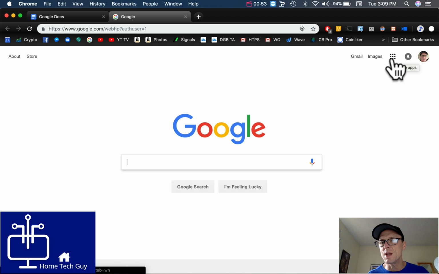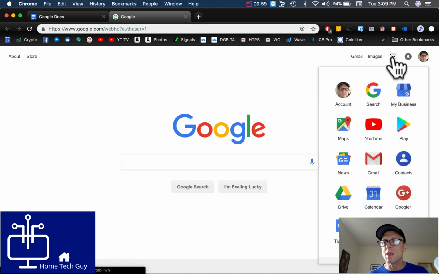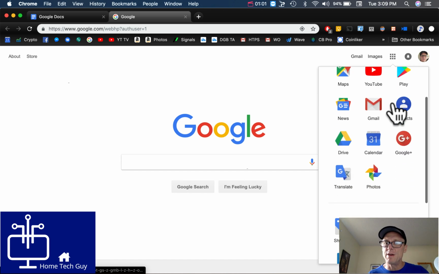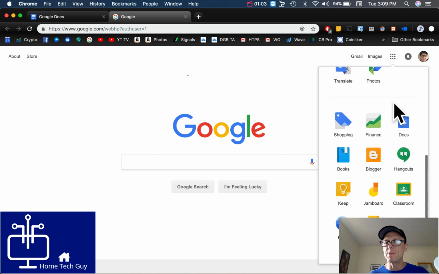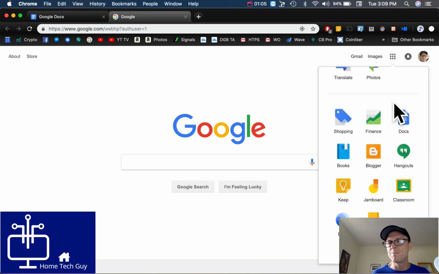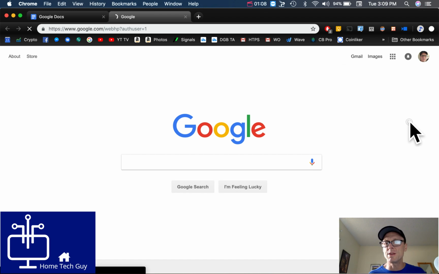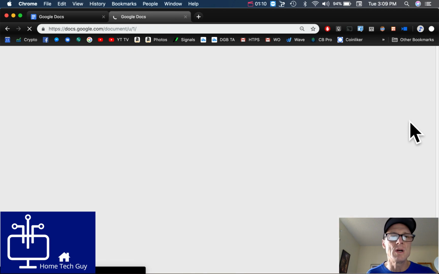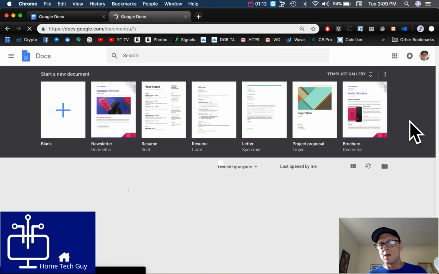that way. So we're going to come up here to this little grid up here. We're going to click on this. This is where all the Google apps live. And there's a list here of the popular ones, and one of them that works very well is Google Docs. I'm going to go ahead and click on this here, and it's going to open up the Google Docs center